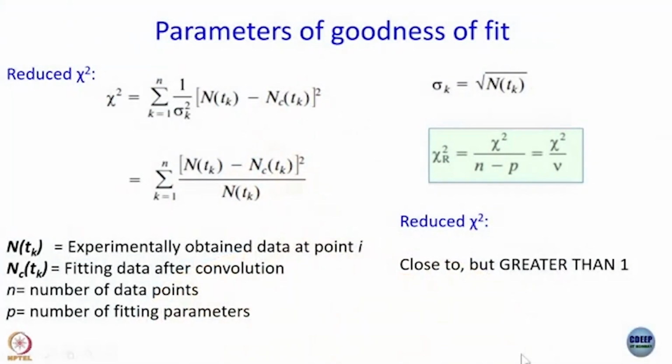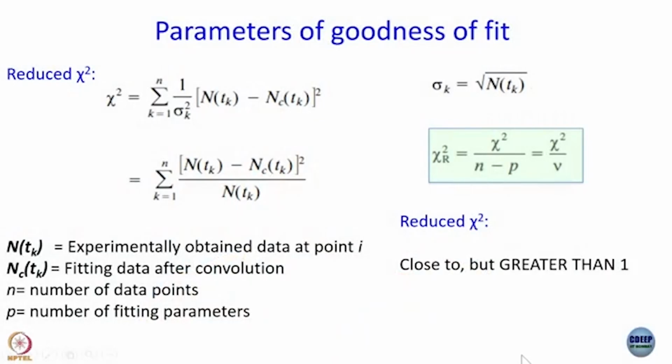So, for a good fit, reduced chi square is never exactly equal to 1, but should be close to 1. I would say anything within 1.1 is good, but one point that is important to remember, and this is something that is not followed carefully by practitioners of this field, is that it should be close to 1,